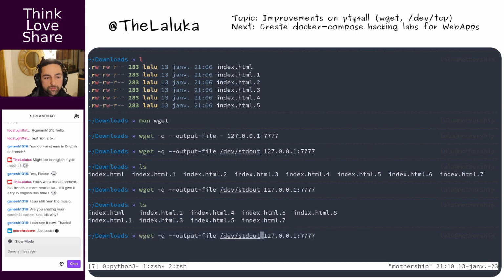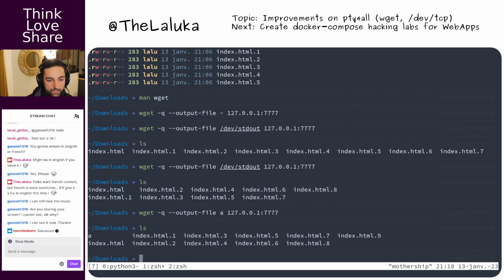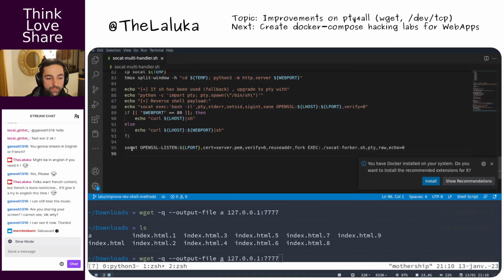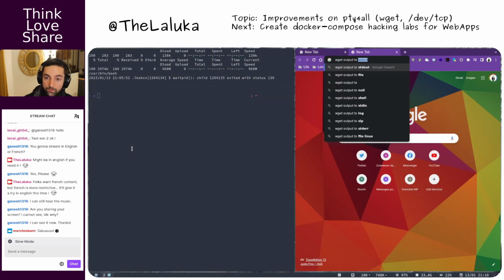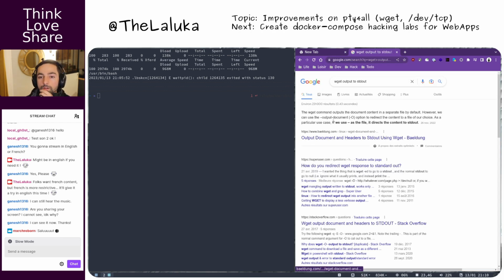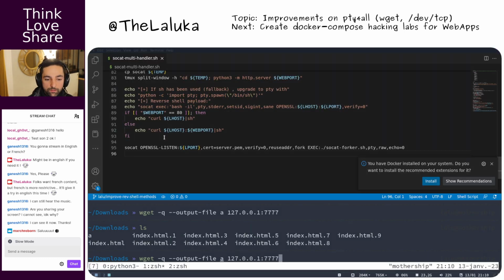Or is it not taking into account my movement? Please. It's cheat then. File of our choice. Output document for real.